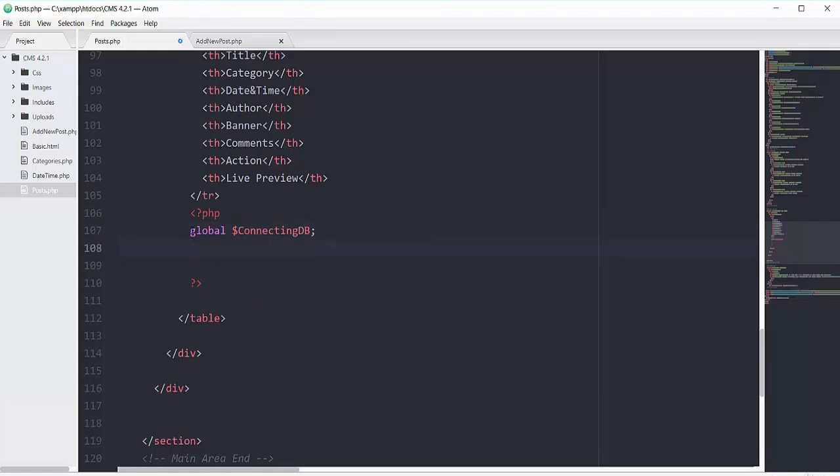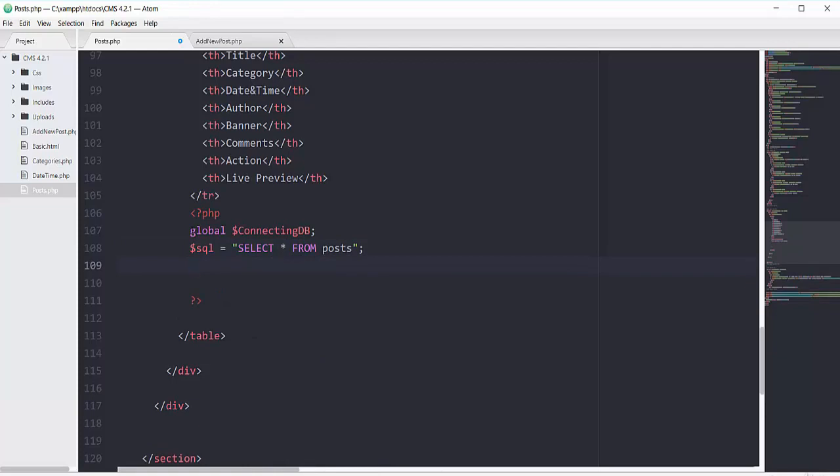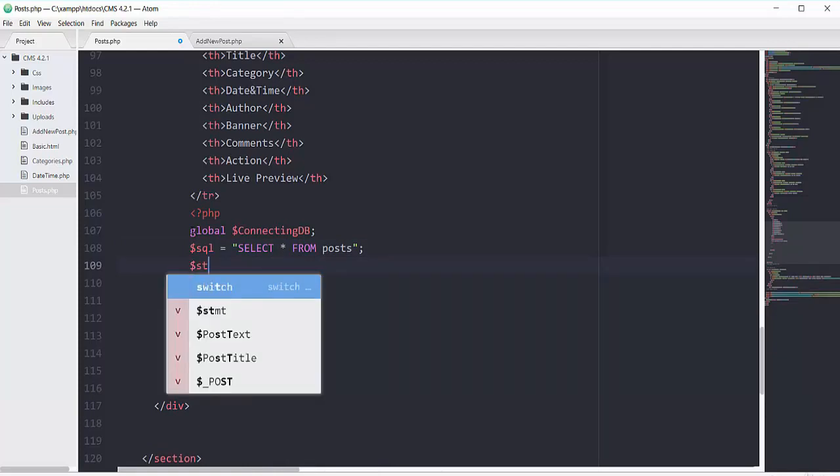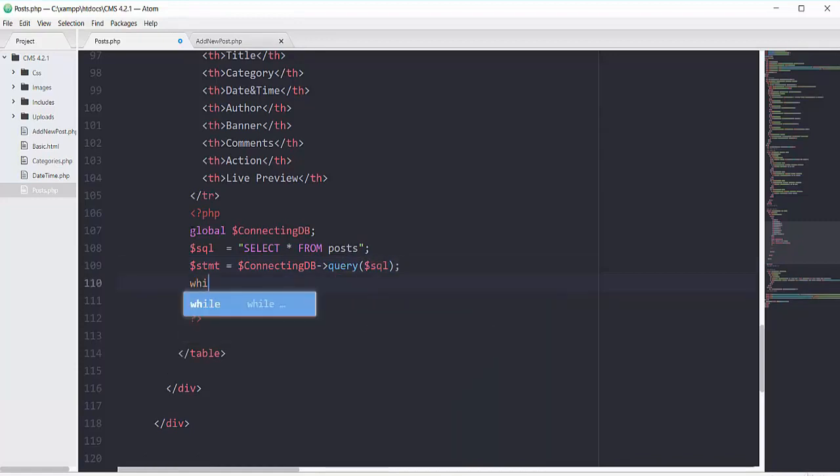After that we will have one simple SQL that will be select star. Select star means select all the columns from my table of posts, and then on the next line we will have this variable stmt that will call this connecting db connection in the form of an object and call the method of query, and inside this query we have to pass our SQL, and then we can simply fetch